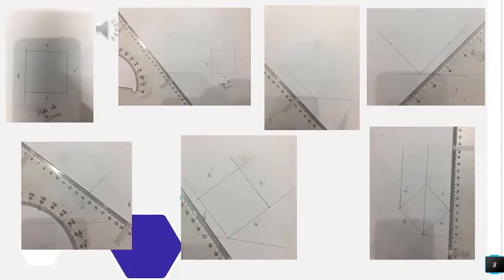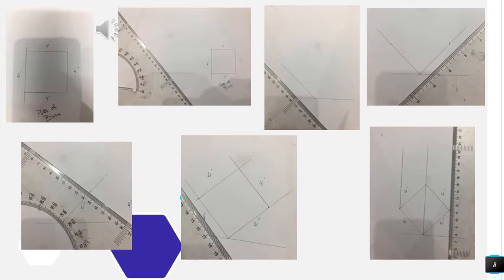For your understanding, I just made a very simple object. A square can be converted into a cube by axonometric, and the scale used is half an inch; 1 foot is equal to half an inch. We just have to understand this, we don't have to create it. But in the first photo you can see we have created a 4 by 4 square, which is a normal square created with vertical and horizontal lines on the sheet.